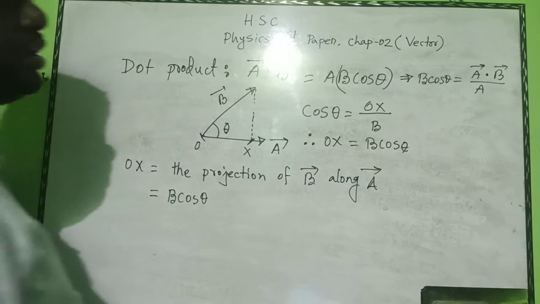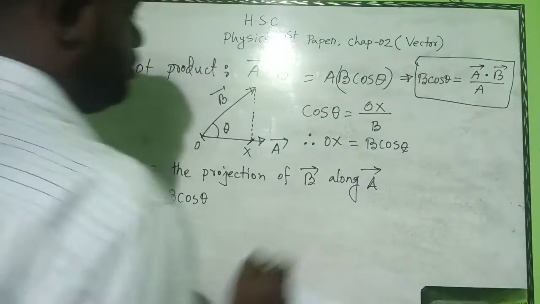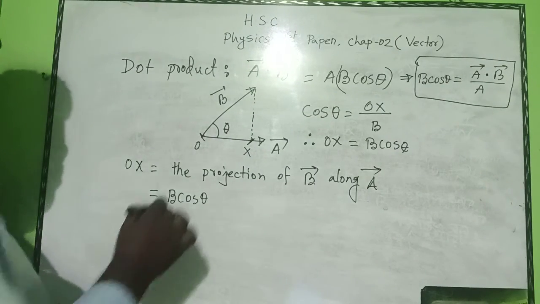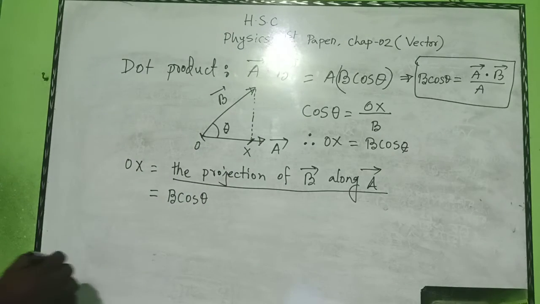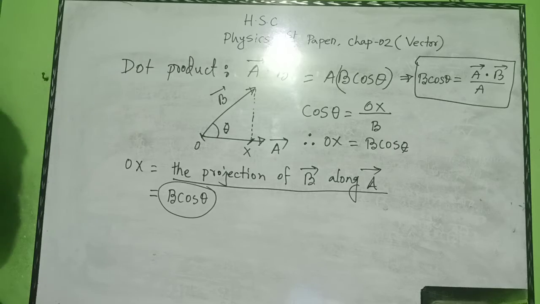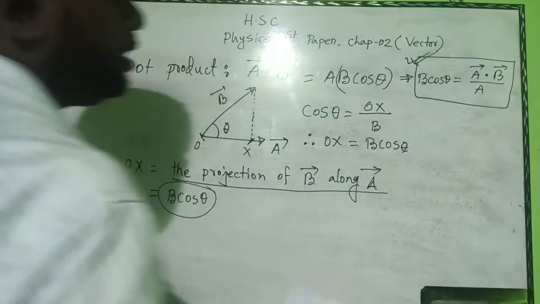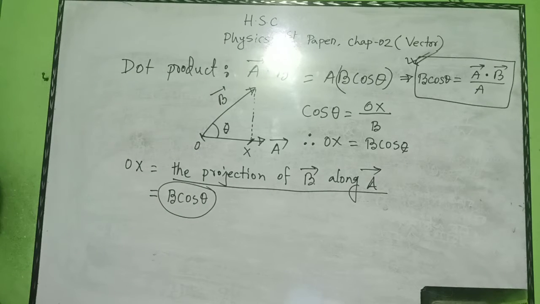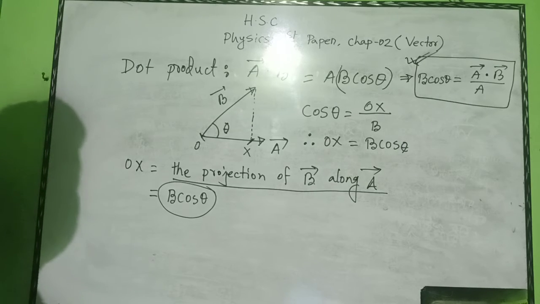Okay, so if you are asked to calculate the projection of B vector on A vector, you have to calculate the value of B cos theta, and B cos theta is nothing but A dot B divided by magnitude of A. So you will just take the dot product of A and B, and divide it by the magnitude of A. Similarly,